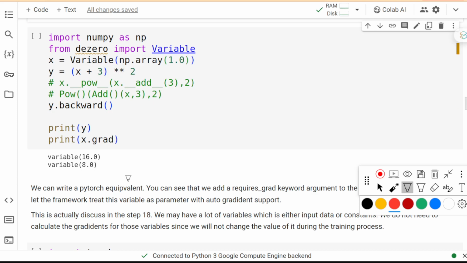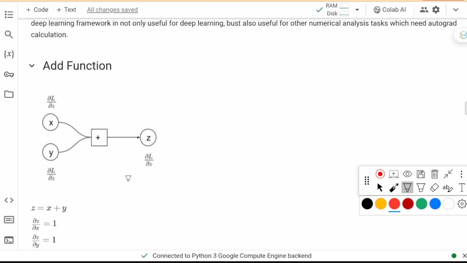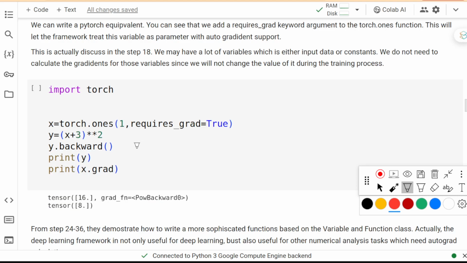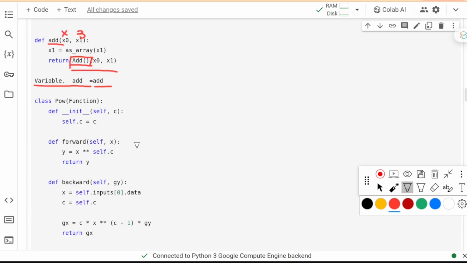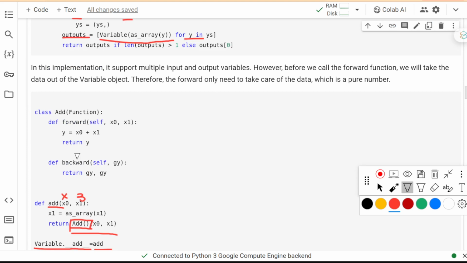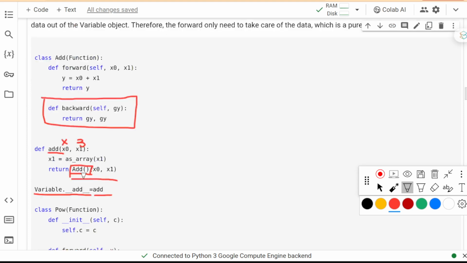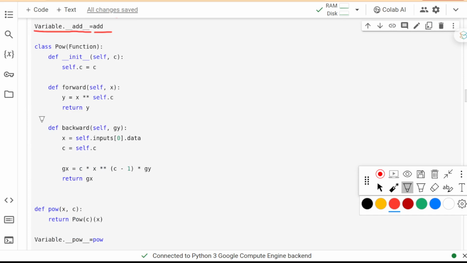Okay, so that's all for the video today. In the next video, we will try to introduce some more functions. And if you still remember, in those functions we have a backward here. Actually, we have not discussed it yet.